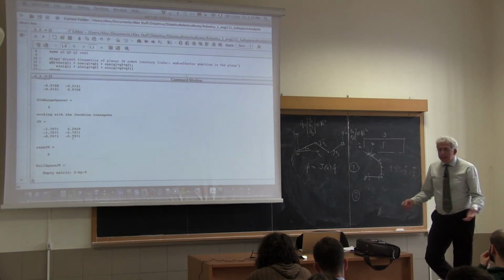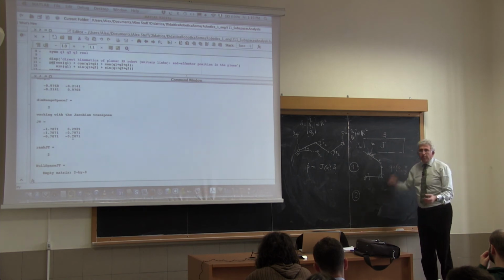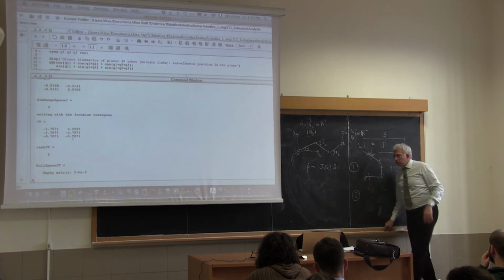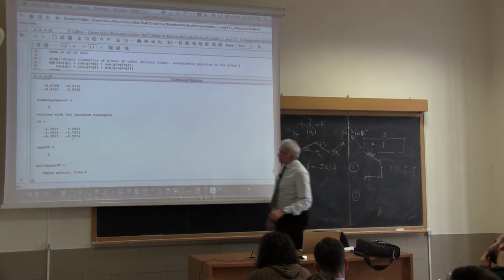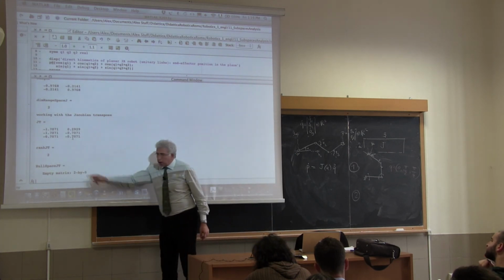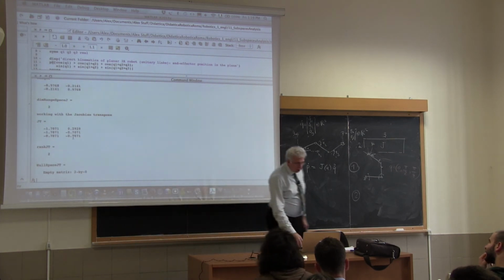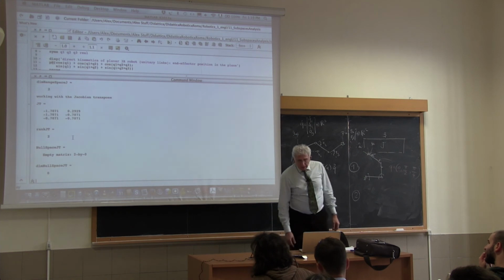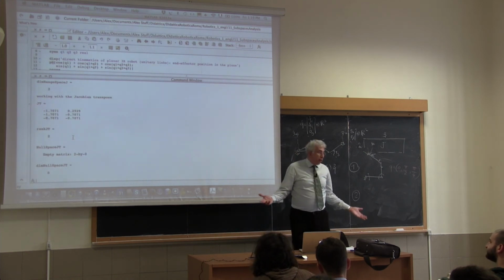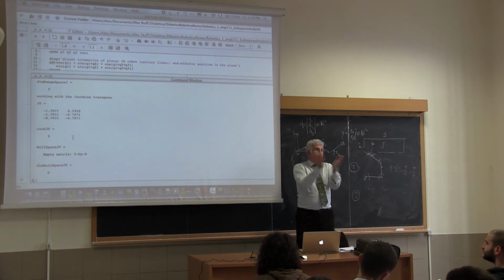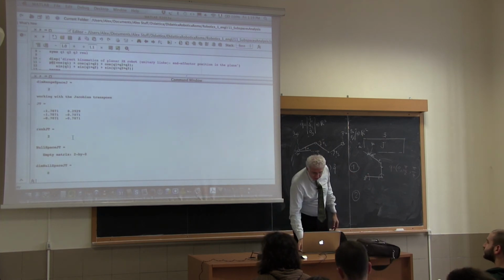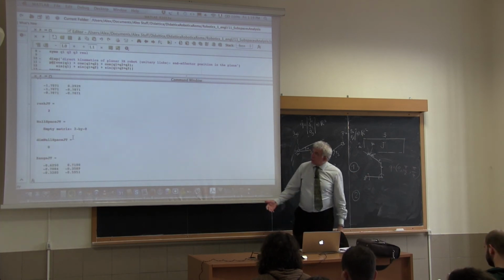Okay? And this is exactly because we have a full rank Jacobian. When we do the transpose, we have this situation. So this is not unexpected, but should be interpreted properly. So the dimension of the null space is 0. There is no basis vector that can describe this. The range of J transpose,